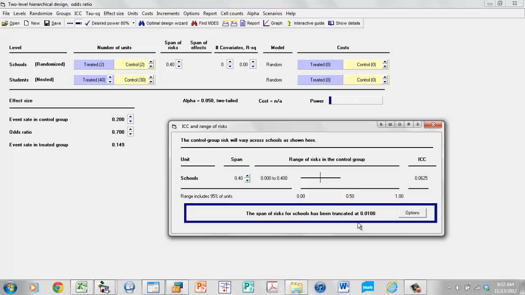It also has a secondary impact, which is that as the risks get closer and closer to zero, the number of cells where the expected event rate is going to be low will increase. And they'll increase substantially, which means that the smallest number allowed per cell is going to get larger. So let's